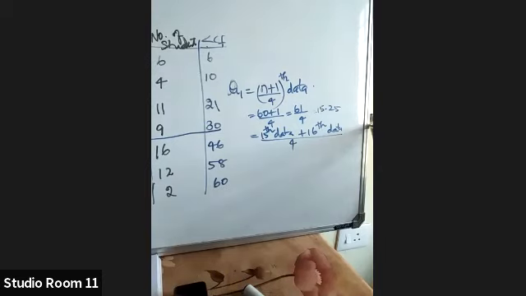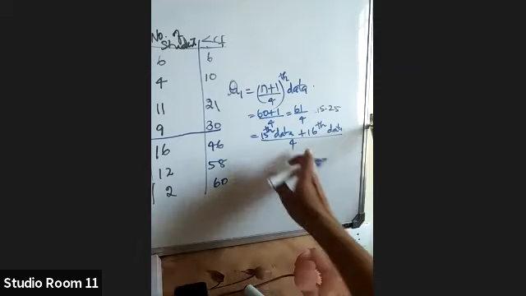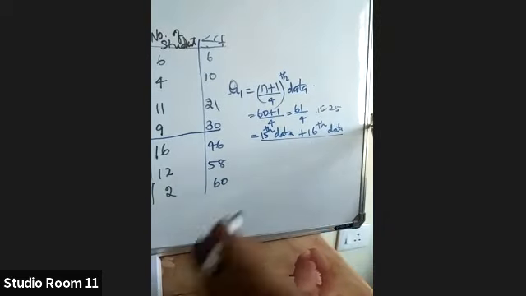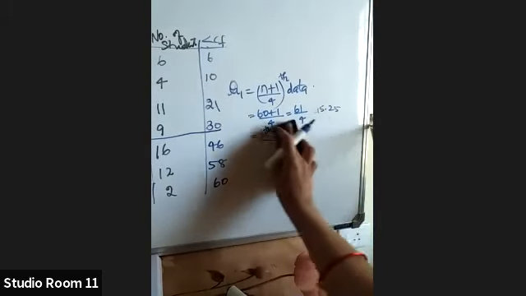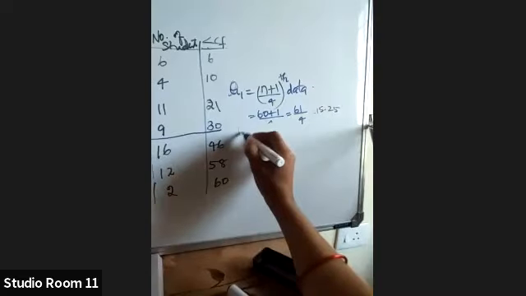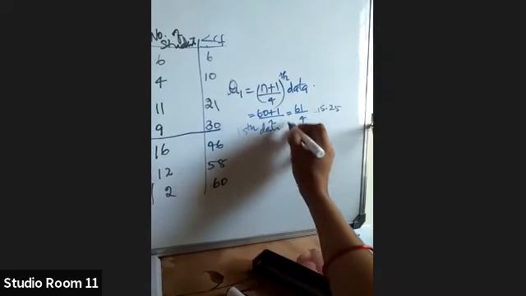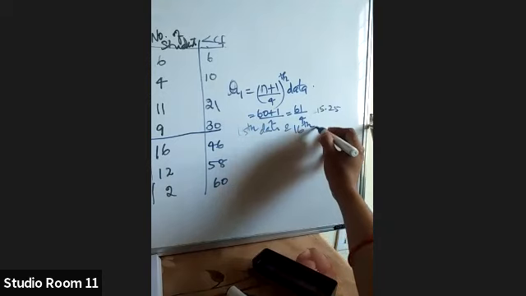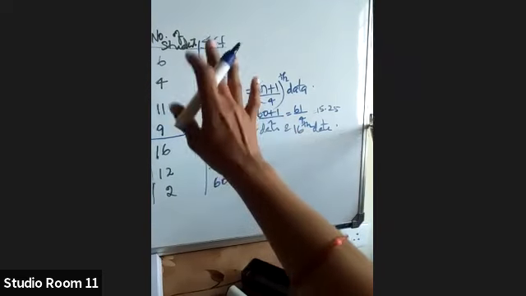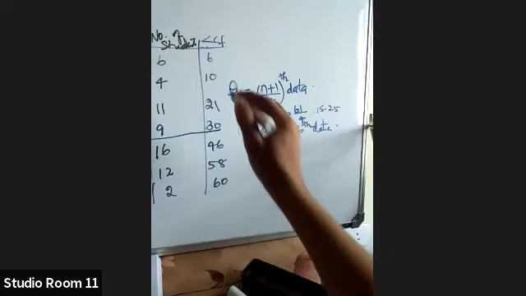Look at the 15th and 16th. Sorry, it is the 15th data and the 16th data. One second, children, to avoid this confusion. Is it okay up to this 15.25? It is lying between the 15th data and the 16th data. Look here. What is the 15th data and the 16th data?